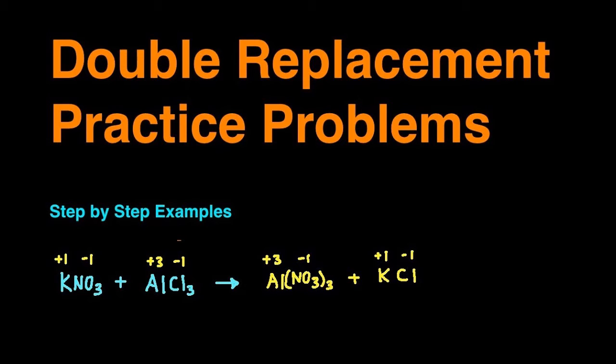Double decomposition reaction, also called a double replacement reaction. Reaction between potassium nitrate and aluminum chloride. Out of these two, which is more reactive? It is potassium. So potassium takes the initiation and goes and displaces the aluminum. In the same way, aluminum will displace. So it is a mutual understanding. If aluminum goes, then potassium comes. This is called a double displacement reaction.